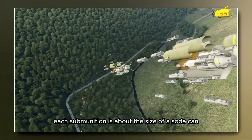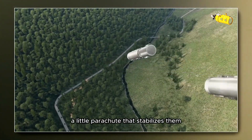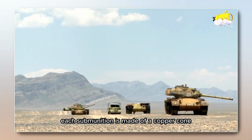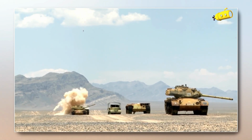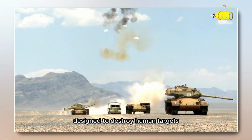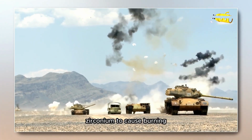Each submunition is about the size of a soda can. They each deploy a little parachute that stabilizes them and makes sure that they descend with their nose down. Each submunition is made of a copper cone that can pierce through 7 inches of armor, and contains more than 300 pieces of preformed steel fragmentation pieces designed to destroy human targets, as well as incendiary material, zirconium, to cause